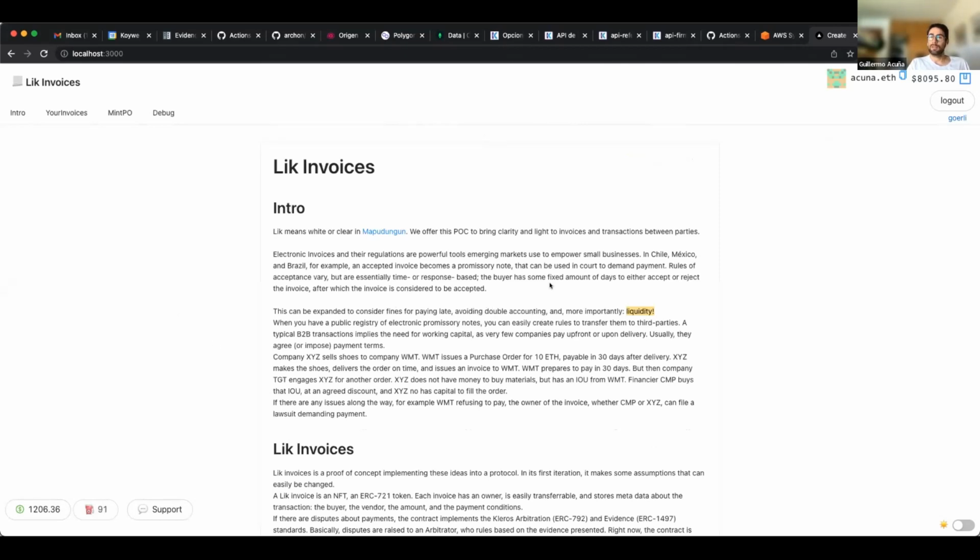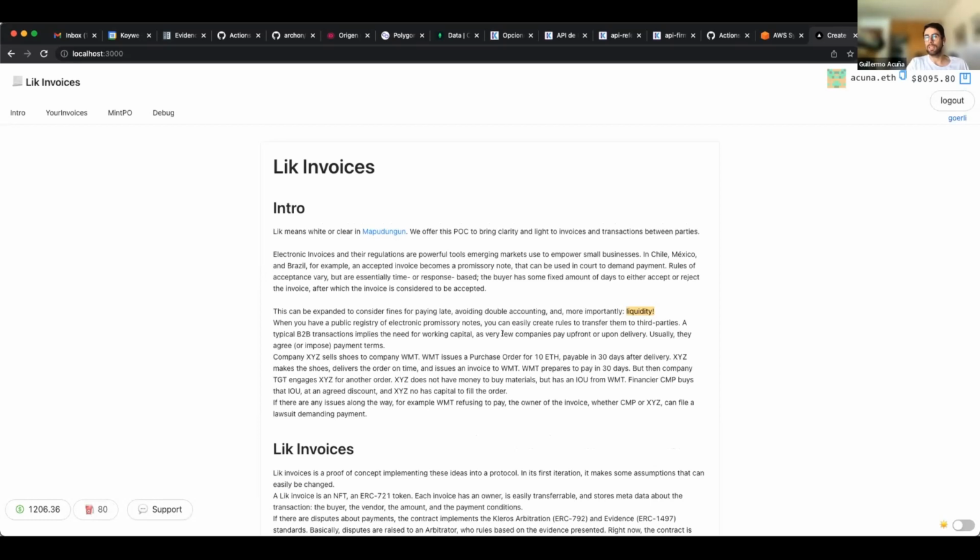So in my previous life, I co-founded a company that did invoice factoring. So small businesses would issue invoices to businesses and we would buy those invoices. And it was like a marketplace where anyone could invest in those invoices. And I was thinking in the shower that we could replicate the same functionalities that we have in Chile and Mexico and Colombia and Latin America